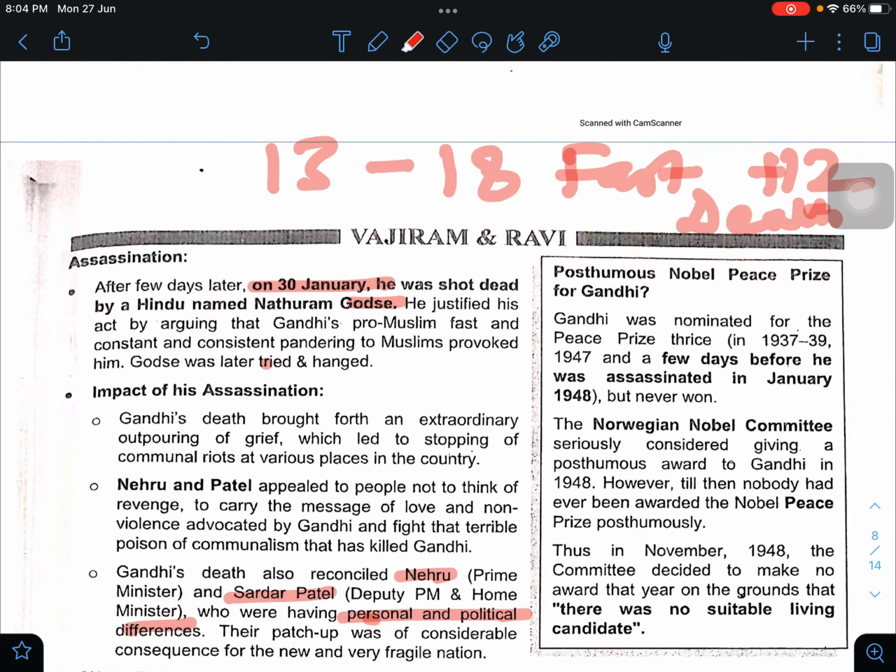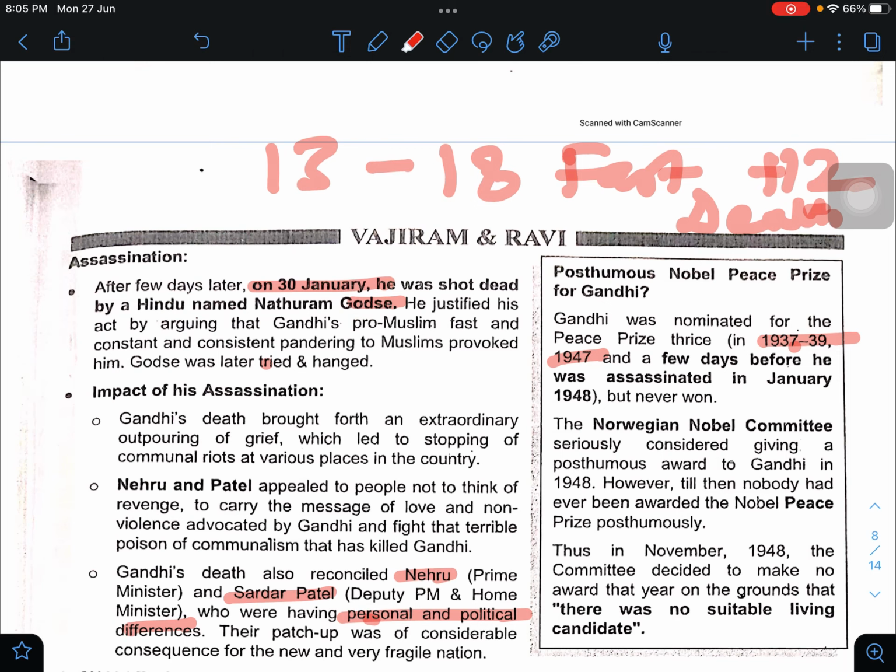Okay, what is in the box? Posthumous Nobel Peace Prize for Gandhi. Gandhi was nominated for the Peace Prize thrice, in 1937 and 1939. What was he doing at the time? I think he was involved in the constructive program. Elections were happening at the time. In 1947 he was working for peace and communal harmony, and a few days before the assassination in January 1948,